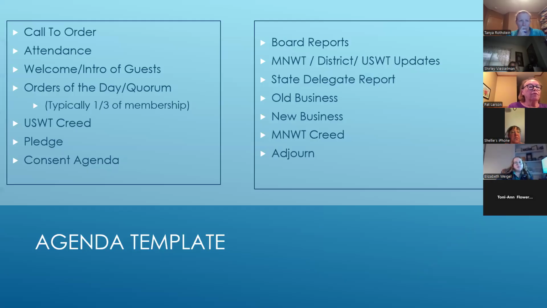Jenny and I put together an agenda template of what your agenda would look like. For the sake of space, I did it in two columns here. You would go through your normal call to order, attendance, welcome, orders of the day, creed, and pledge, and then you would do your consent agenda items. They would be listed out individually, and I'll have a more in-depth slide next. Then you'll do that portion of your meeting, and then go on to your other